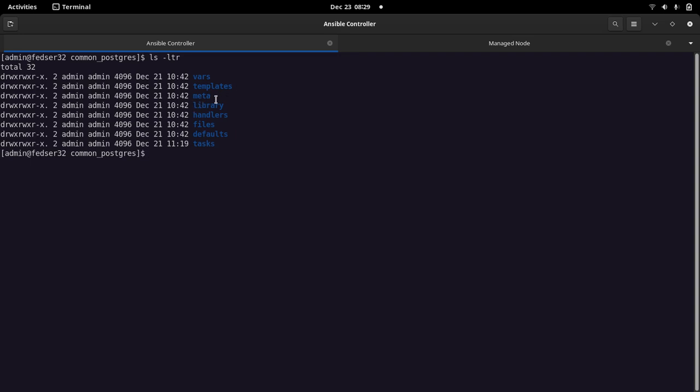And the metadata, it's not used much, but we have created this for showing purposes over here. Libraries: if there are any plugins or libraries that you want to utilize, you can copy them into this folder. Handlers are a kind of service place wherein you can put the services which we want to start.